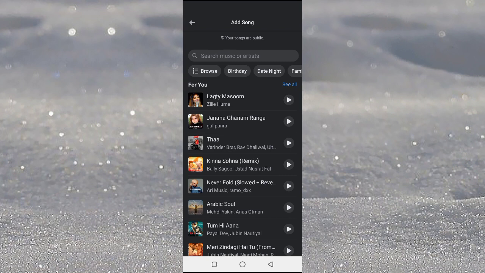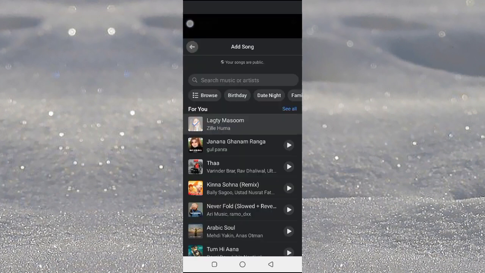Okay, so for the sake of this video here, I will just add this one here. If you want to listen to this, you can simply tap on this play icon and you can listen to the music here. And if you want to add it, just tap on this one here, and this will be ticked. Okay, just tap on it again, and now if you go back here,